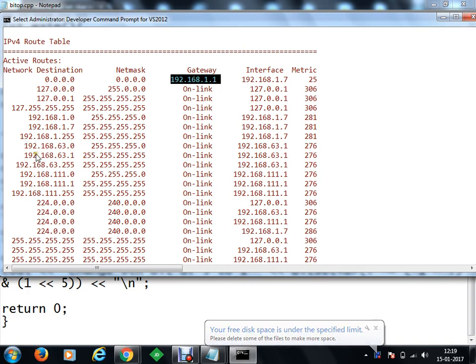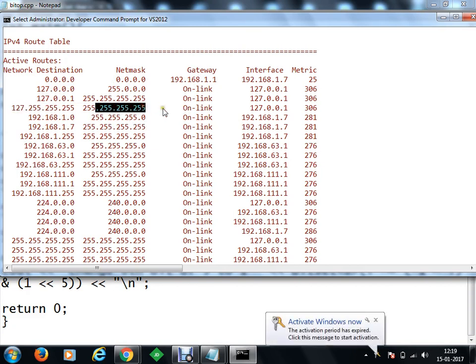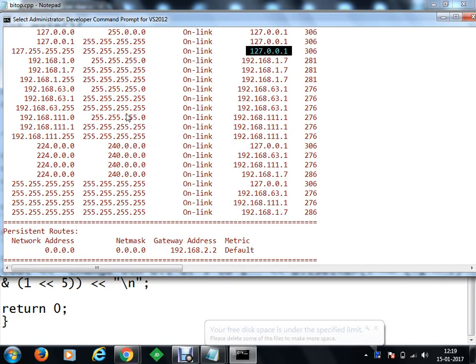Here you can see that it is saying if any packet comes to this destination, then we will be forwarding it to the broadcast. This specifies the complete network, and we'll forward that to the link through this interface, that is your local host. So inside routers, different routes are made, and according to the route and the IP address, it forwards the packet to the next router. So when the packet travels through the next routers, it finally reaches the end.